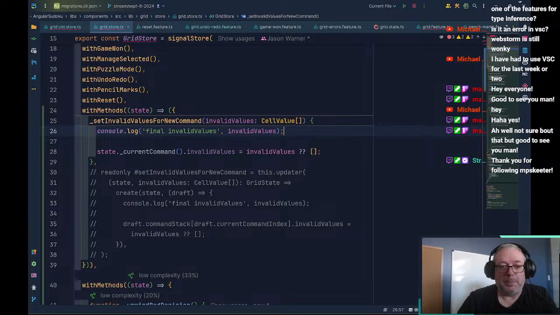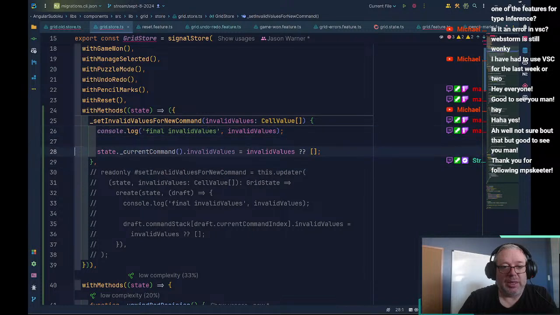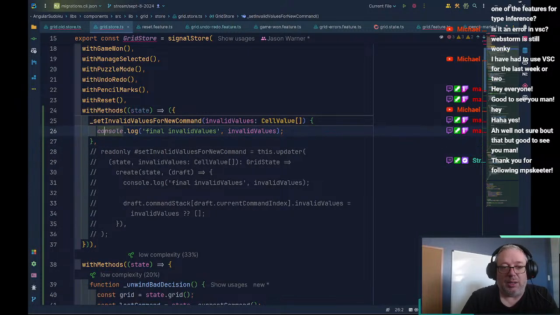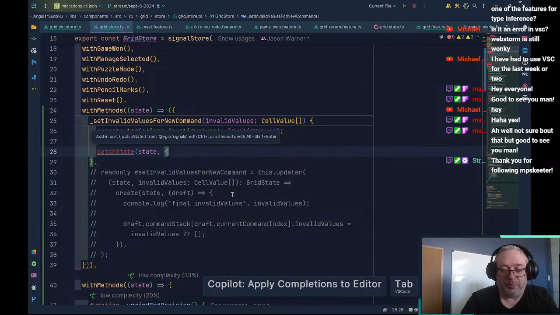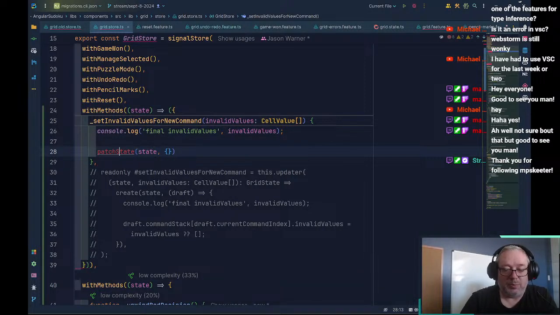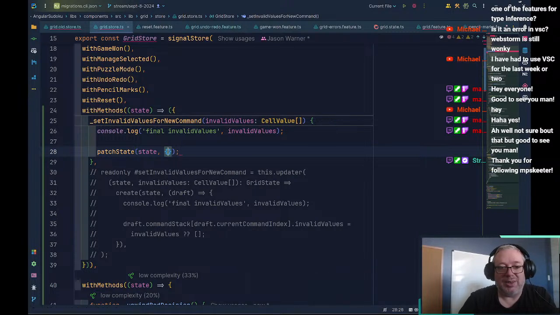Actually, that doesn't work. I can't do that because I want the state to know that it's been updated. So we need to use a patch state, right? So we're going to have to patch state with our state. And we're going to need to set the